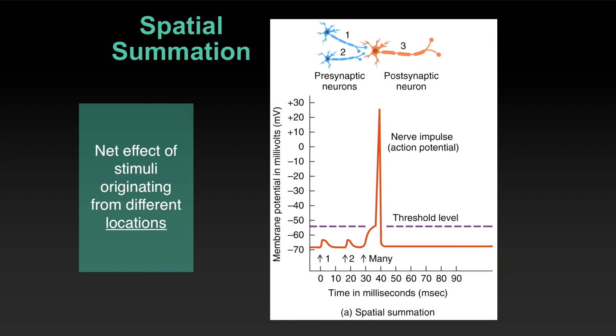Here I have two presynaptic neurons in blue, one postsynaptic neuron in red. And if the signal is being transmitted from blue to red, I can either have neuron 1 activate and excite the downstream nerve on its own,